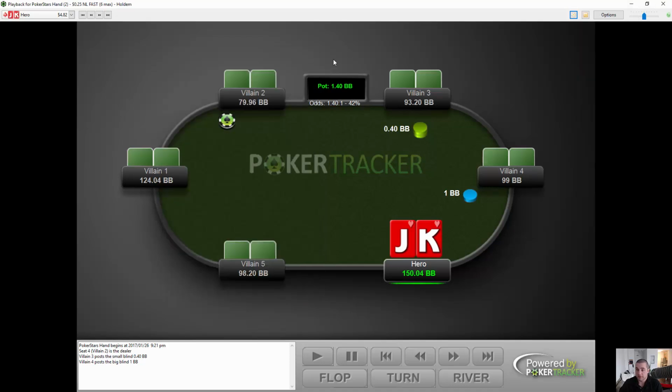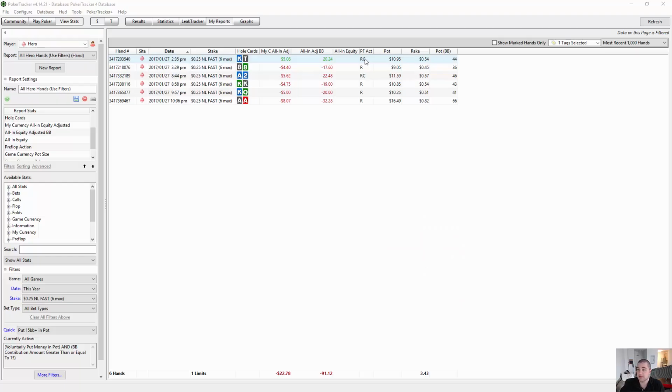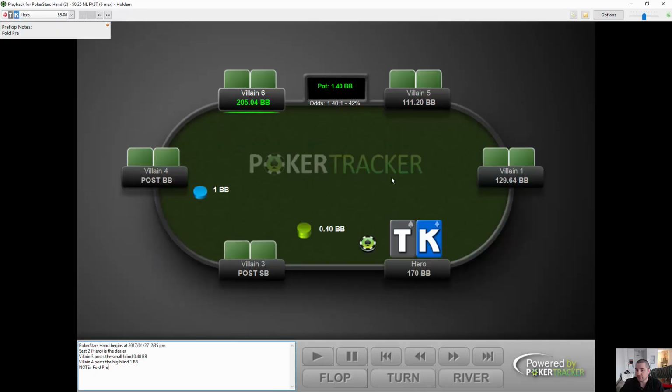So let me give you another example real quick. Okay, these are some hands that are data point reviewed. So I am very confident that I reviewed these, came up with a good answer, and I don't really need further input. So we'll see if you guys agree with whatever my decision is. If these are in here, it means that I've gone through and actually put a little bit of time into it. So like this King 10 hand,